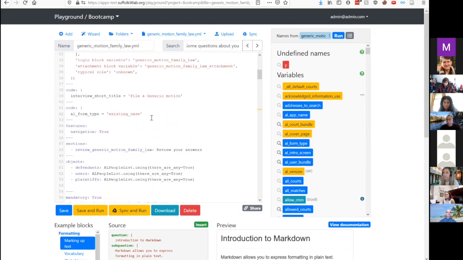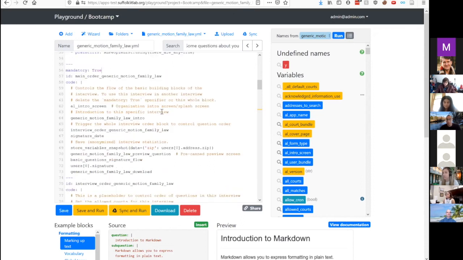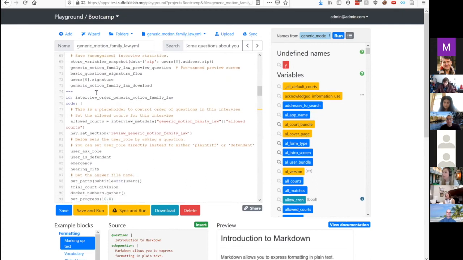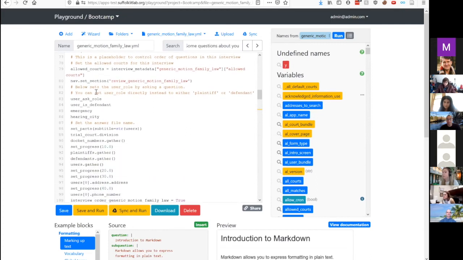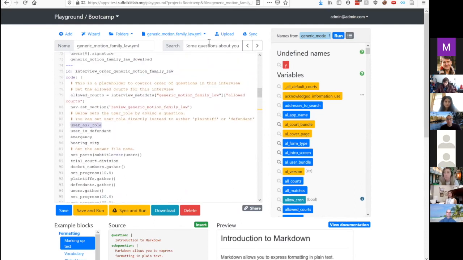Okay, so we did a couple of things. We did some very basic changing of text. We did some much more complicated code, which I know that may not have made sense to everybody. Let's just go over the very basics of this interview order block and what that does. All right, so we have user ask role as the first question here in our interview order block. I'm going to jump there, by the way. Let me model this